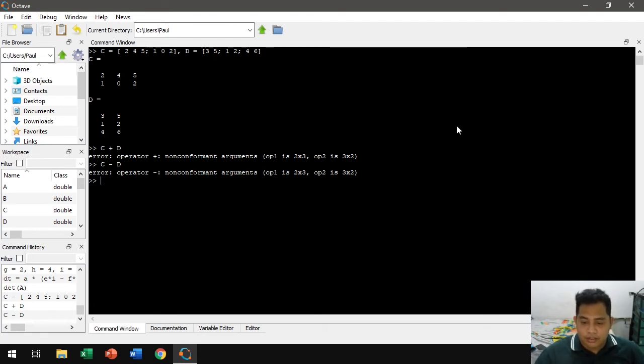How will you stop the matrices from displaying their content prior to their operation? Actually, I don't know. Let's find out. Okay, let's try putting a semicolon at the end.